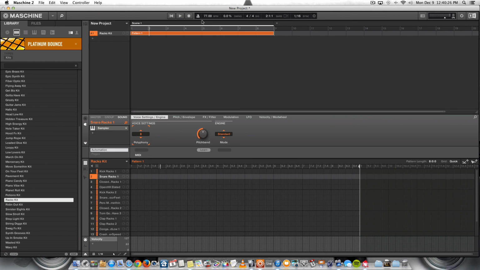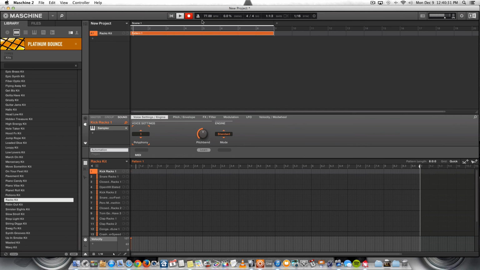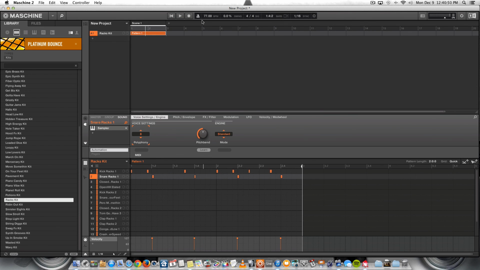I like seeing all my notes at the same time. Just keep that. I can quantize that, and I'm going to make the pattern length shorter. Already got something going. In this program too,